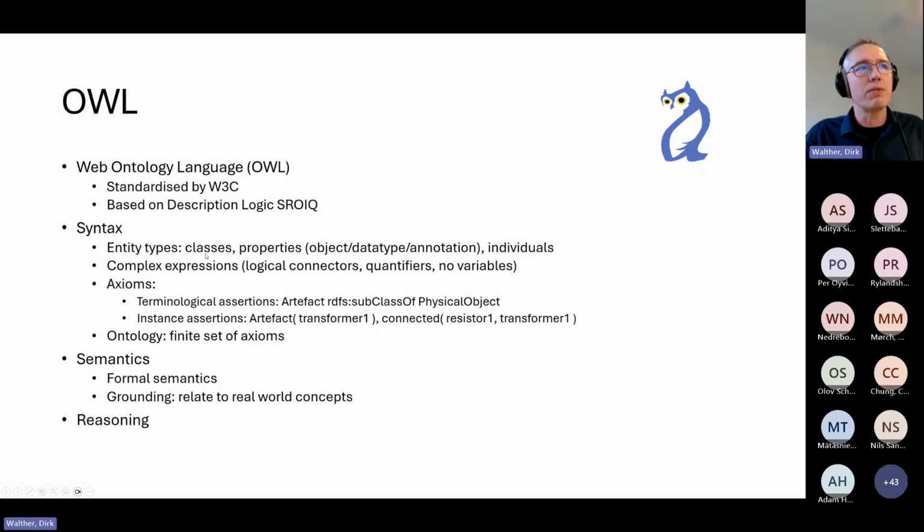Individuals can be members of classes. Individuals can be related to one another in object properties. Individuals can be assigned a value via a data type property, or we can add metadata via annotation properties. Metadata can also be added to classes.